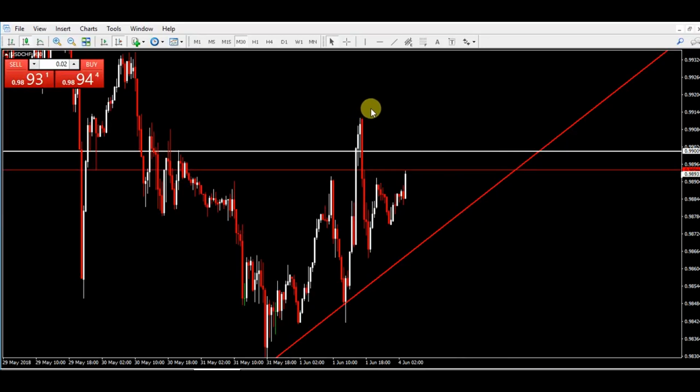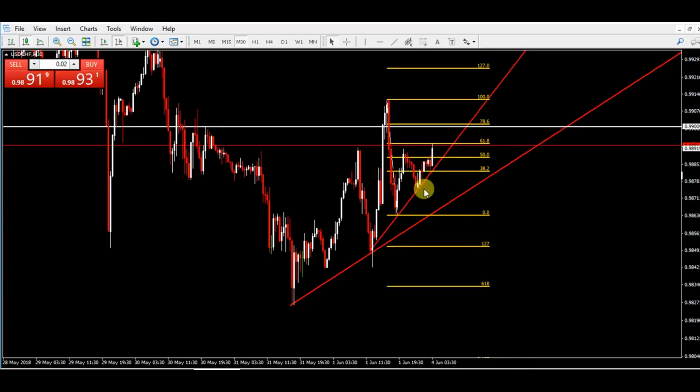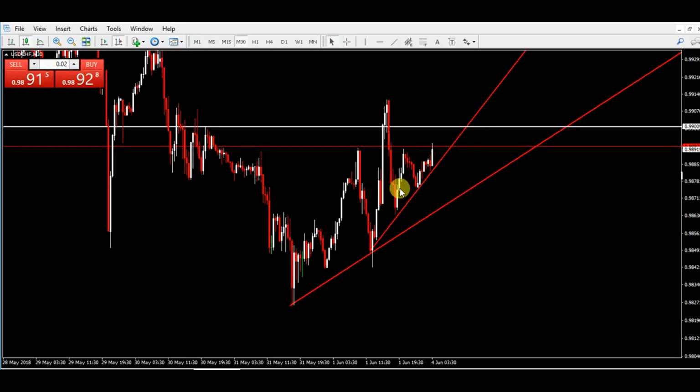That is how you get your precision entries and exits. It's really that simple, guys. It really is. You just have to listen to this course, take notes, have the patience to wait for these setups to happen, okay? And then don't be afraid to execute. And don't be afraid to lose either, because that will also happen sometimes.